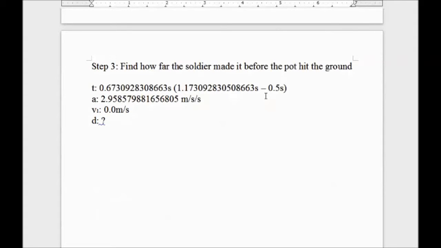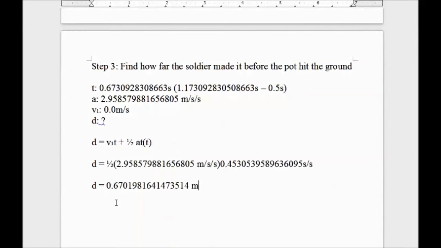Our third and final equation is to find out how far the soldier made it before the pot hit the ground. We're assuming that the pot explodes pretty much instantaneously. I know it's not accurate. Whatever, we can take that out of the 0.5 second reaction time, assuming it reacts faster or something. Anyway, time is the time we found before minus the 0.5 second reaction time. We know his acceleration from our tests. He starts at a standing, and we need to find out how far he makes it. So we get the formula, don't have to rearrange anything, plug in the numbers,